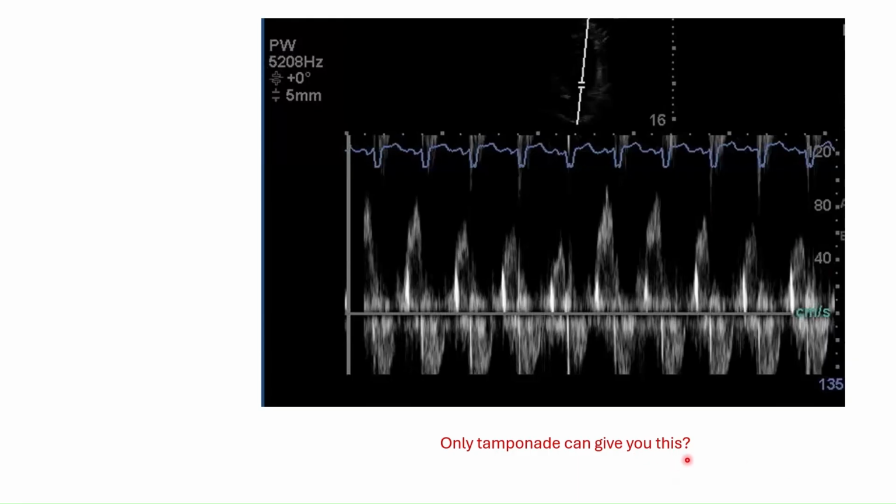And you should also recall a few things, right? When you see the pulsus paradoxus finding, so this is your pulsus paradoxus, right? We know that the flow and filling is changing, so your stroke volume is going to be different too in every inspiration, right? In every breath you take. So, and you should remember, it's not only cardiac tamponade. We know that during severe asthma, maybe severe COPD, it can give you pulsus paradoxus as well with the same